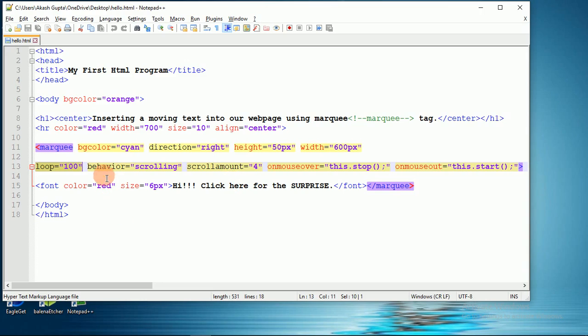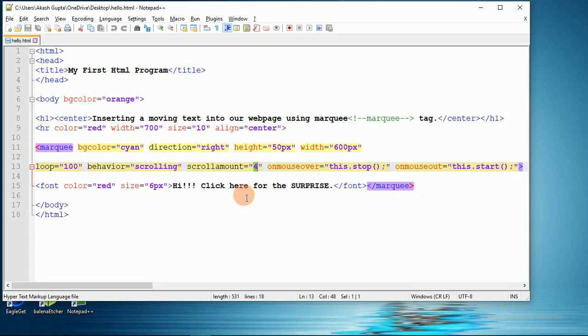Now coming to behavior. Under behavior I had given scroll, which means the text will scroll over the web page, right to left. Now scrollamount is the speed of the scrolling text.